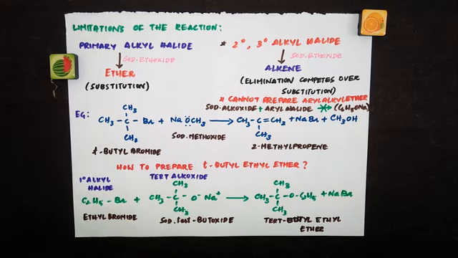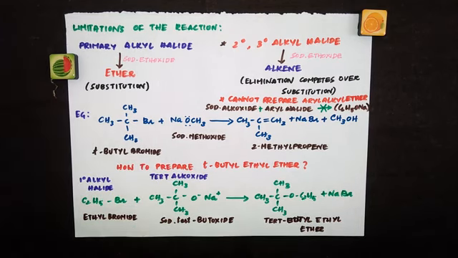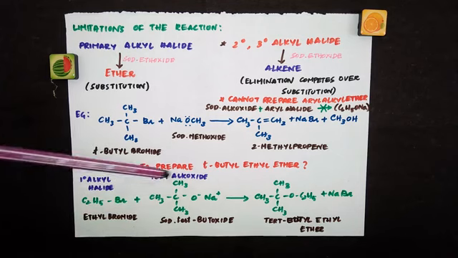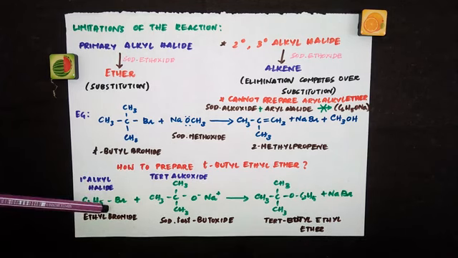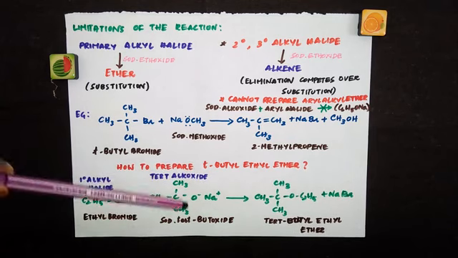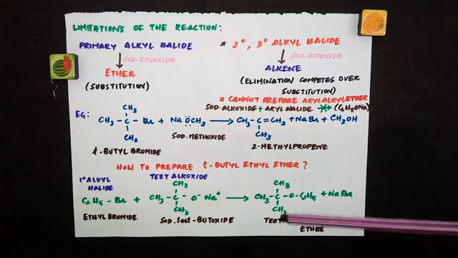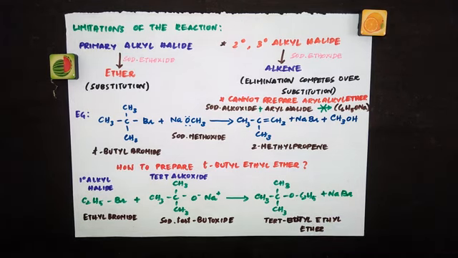So depending upon what product you want, you can change this alkyl part in alkoxide. So I am taking tertiary butoxide. Here I have taken ethyl bromide. So here the tertiary butyl part will come. From here the ethyl part will come. So I will get tertiary butyl ethyl ether.